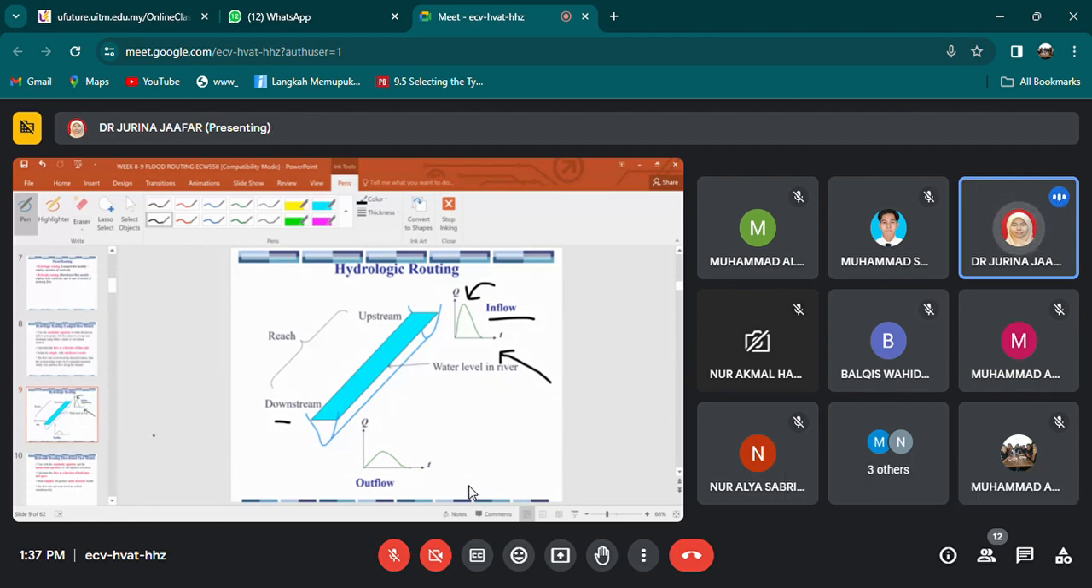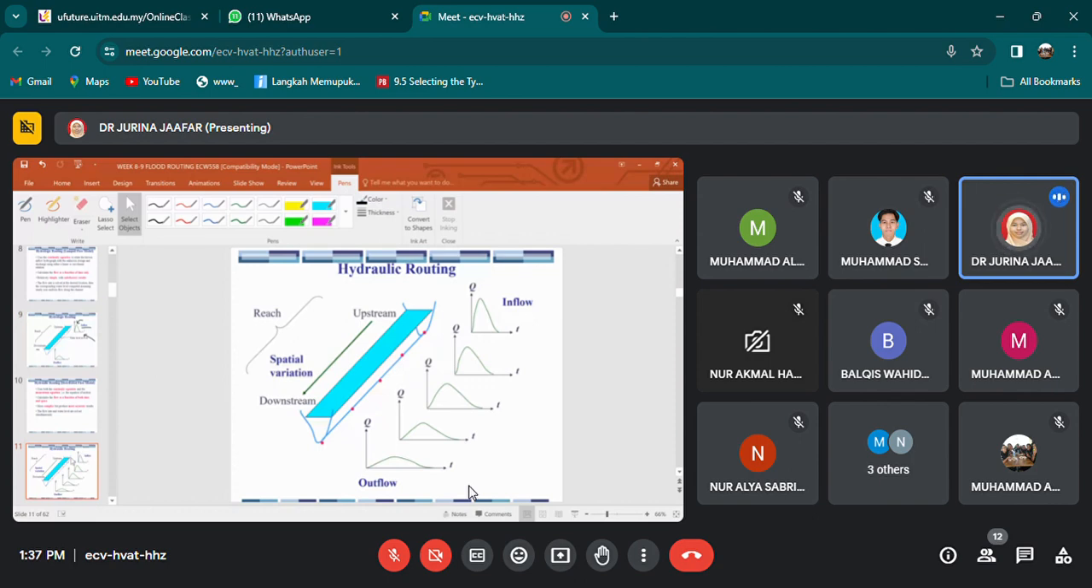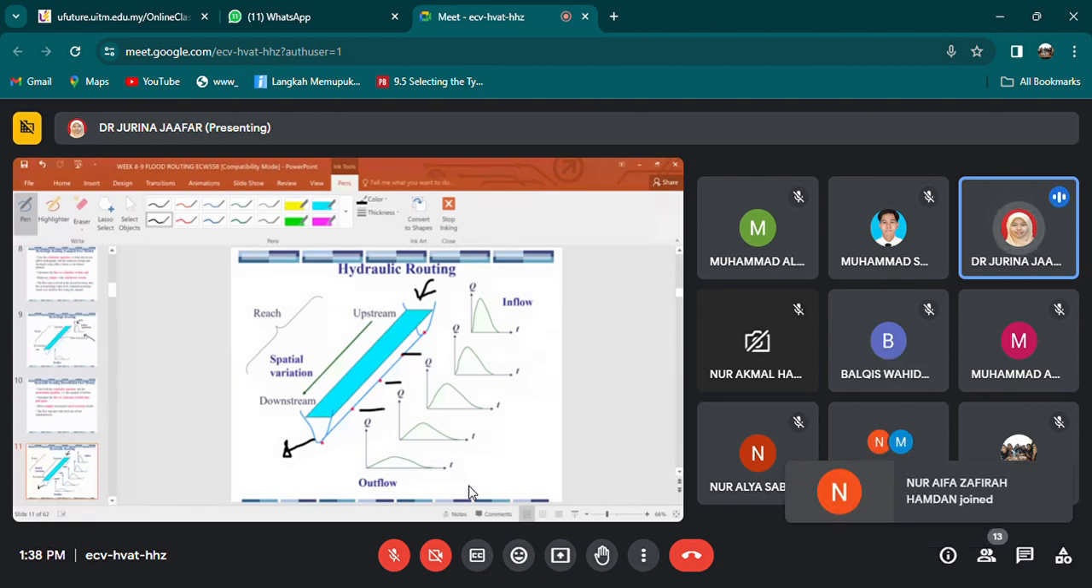Dan ada juga routing yang lebih kompleks, iaitu kita pakai distributed model, di mana inflow daripada atas bila dia flow into the stream, dia keluar pergi ke downstream. So you can see the profile for every section. So even it's a bit complex, but in more details, lebih accurate. Dan kenapa reason kita buat routing ni? Reason dia adalah